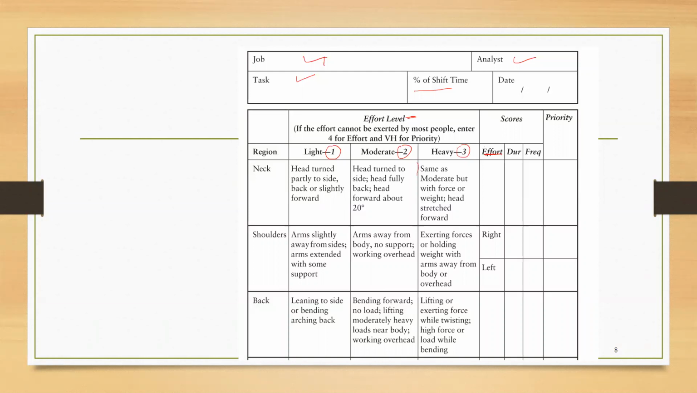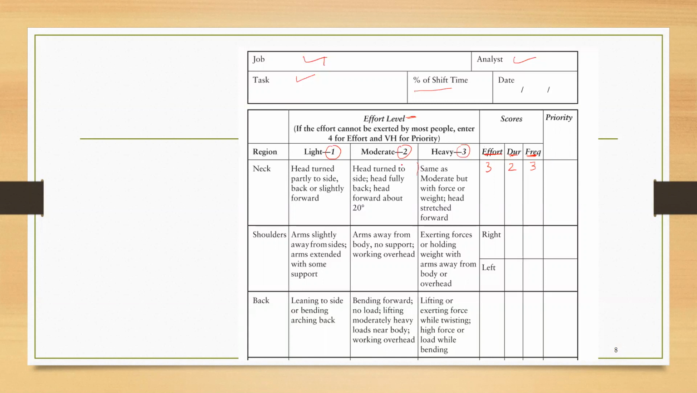So some authors have defined the most to be, say, 70% or greater than 70% of people in that population. Then we have a score for duration and frequency. So these two can be easily calculated. Now, for example, if we have a score of 3 for effort, say 2 for duration, and say 3 for frequency,